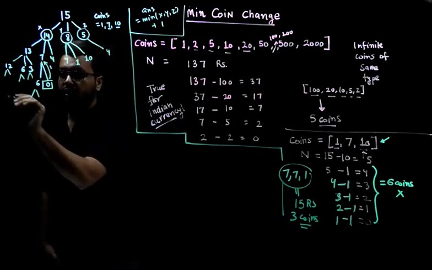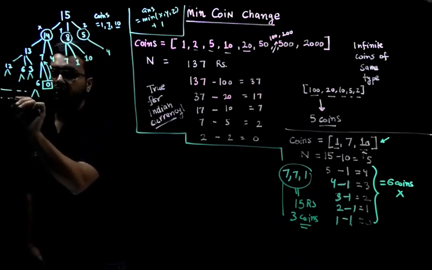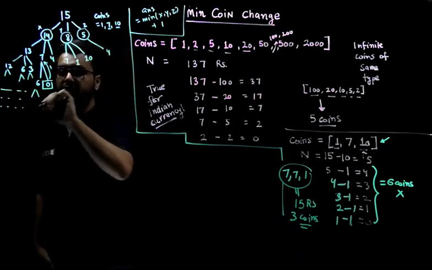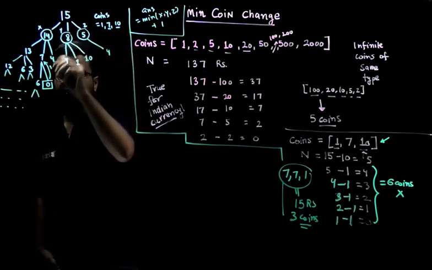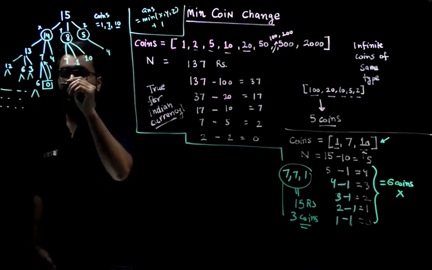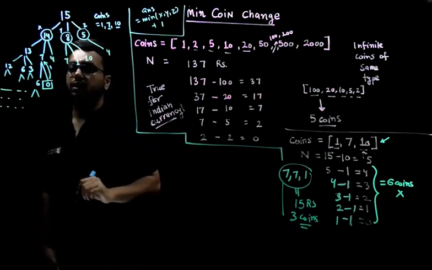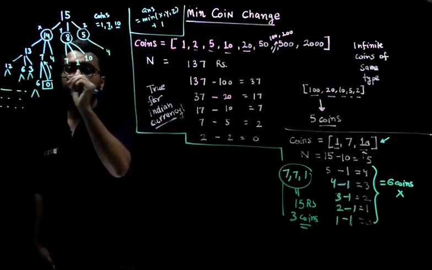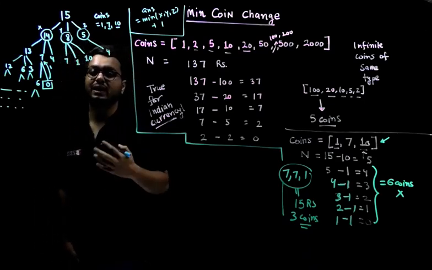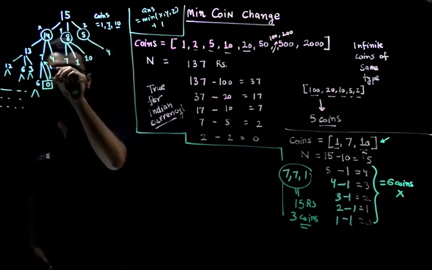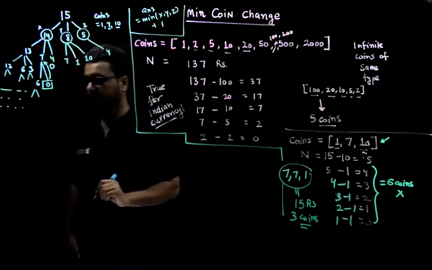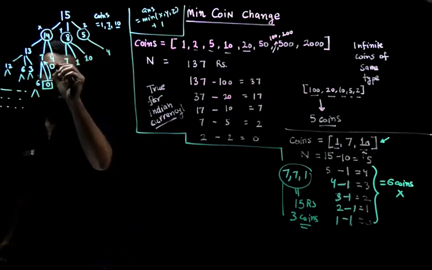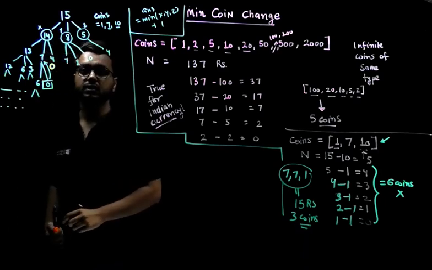So remember, I'm not drawing all these states because it is going to be a pretty large tree, and we are going to compute it in a left to right order, right? So it's not that we are going to compute this directly first, but yeah, this would be one of the answers in this branch, right? So 0 is going to return that, okay, if I am left with 0 rupees, I need 0 coins to make the change, right? So this is going to return a 0 from here, right? So let me just use a different marker, okay? So we are going to return a 0.